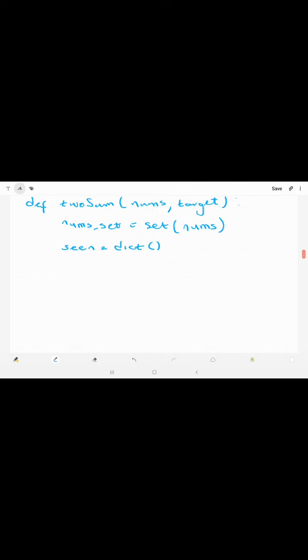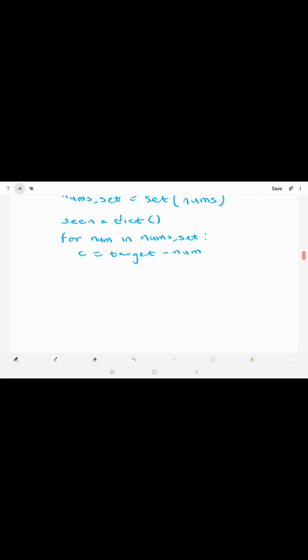Then we iterate through our nums. So for num in num set, we get the difference between the target and the num, and we check if